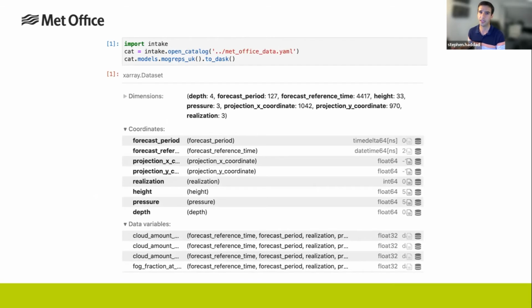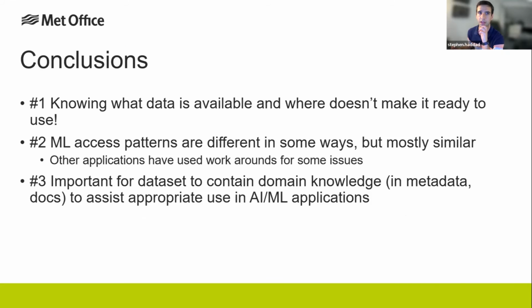So ultimately, the goal was to produce an object in memory like this. This is an Xarray, and it's an interface to a huge data set with lazy loading. I'll skip over that, and move straight on to the conclusions from this project that we're hopefully going to make use of in a follow-on project, which I'm involved in, for post-processing of precipitation fields. One is that knowing what data is available conceptually and where it is, in theory, is still a long way from being able to actually find and access the data, even when you're within the same organization. That can be challenging. So further work is required there.